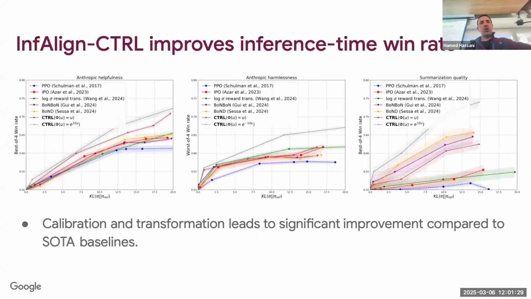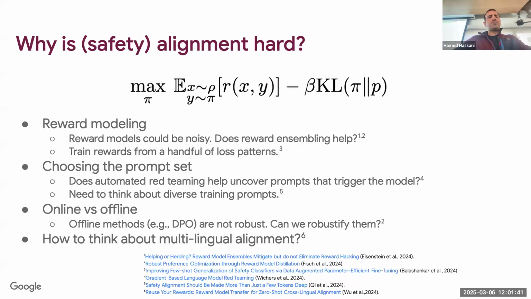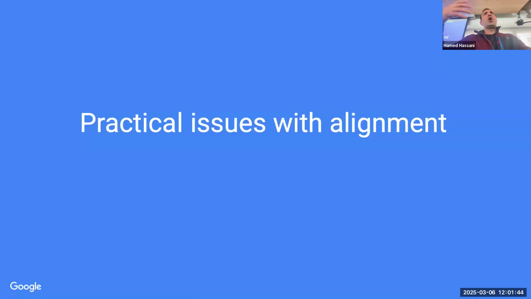And rather, I will try to talk to you a little bit about the practical issues of alignment and maybe end a little early so that we can have a little bit of discussion. So we talked about a lot of different methods for alignment, but then Ahmad also told you a lot about jailbreaking. And every time we come up with a new model, we have these fancy methods that we put into play and launch it, and then researchers like Ahmad come back and come up with new jailbreaks and jailbreak these systems